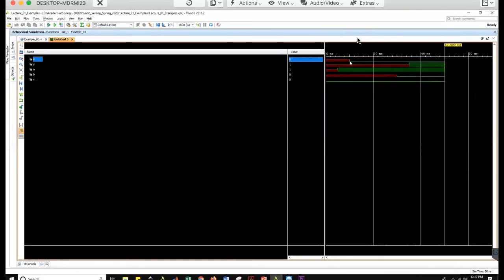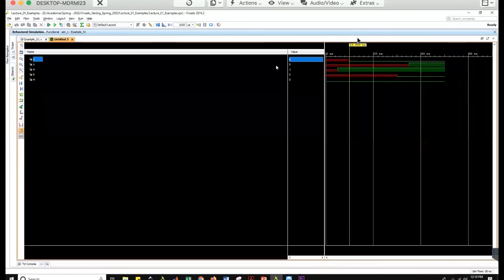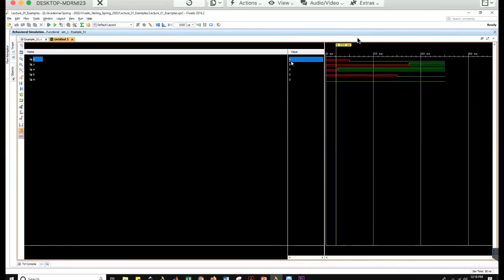Okay, one more thing which is important to discuss here. For example, the x variable is initialized at t equal to 0, from t equal to 0 to t equal to 50. But before that, there was no initialization. So what will be the value of x before initialization? The value will be X, meaning don't care. This x is a variable, but this X is not a variable. This X means it is a don't care condition. We don't know the value of x before initialization. Same for this variable, and this variable.